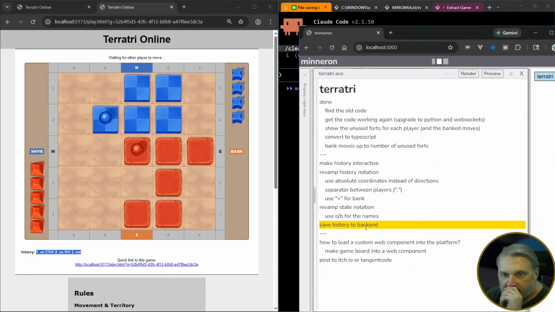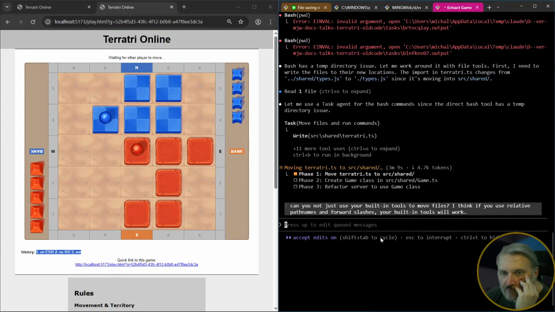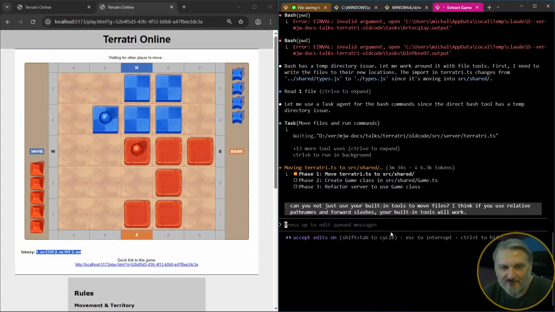the other side of this, but again, I can't do any of this until I've done this refactoring, because this all depends on the refactoring, which is saving the state to the backend, so that you can resume a game or do a correspondence version or something like that. And then, I mean, that's the main thing. Changing the notation is going to conflict. So